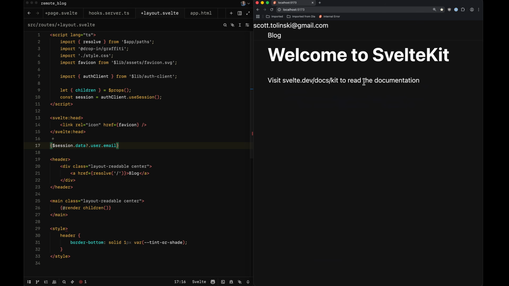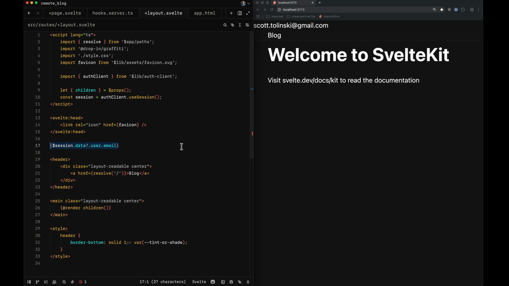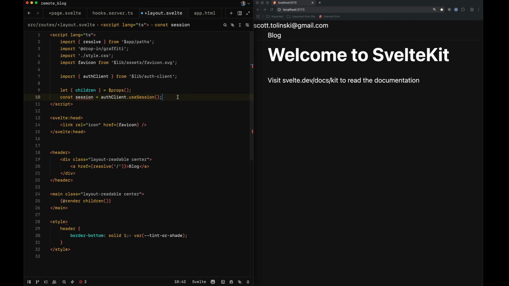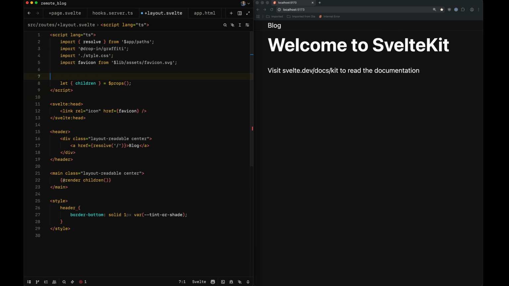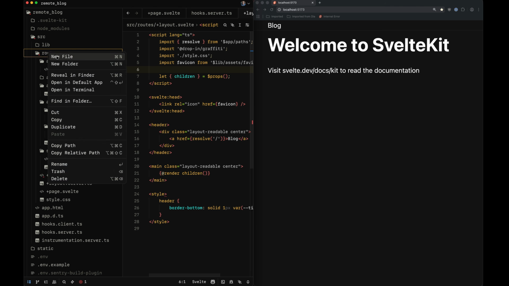This is strictly client-side. And that's fine, but if you want server-side stuff here, you're going to want to bring in the server-side data loading for this, and therefore you're probably not going to want to use this as a writable. So let's go ahead and create a remote function, and let's do things the Svelte way. I'm going to do it inside of our routes. We're going to have a